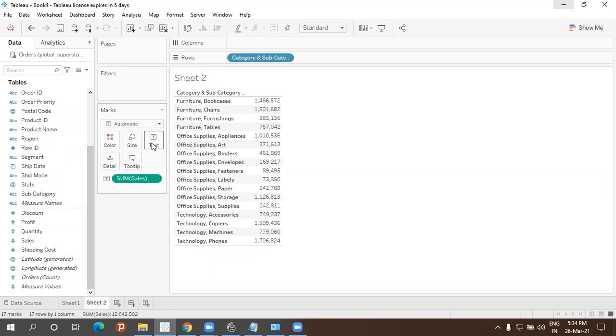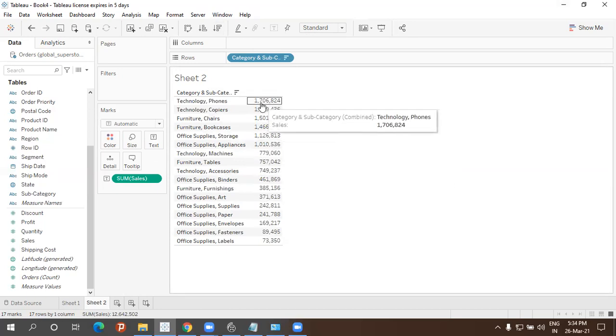Let's see the textual formatting. I want the top right, so let me order it in descending order from the top. Can you see? Technology phones, technology copiers, furniture chairs, furniture bookcases, office supplies storage, office supplies appliances, and technology machines.